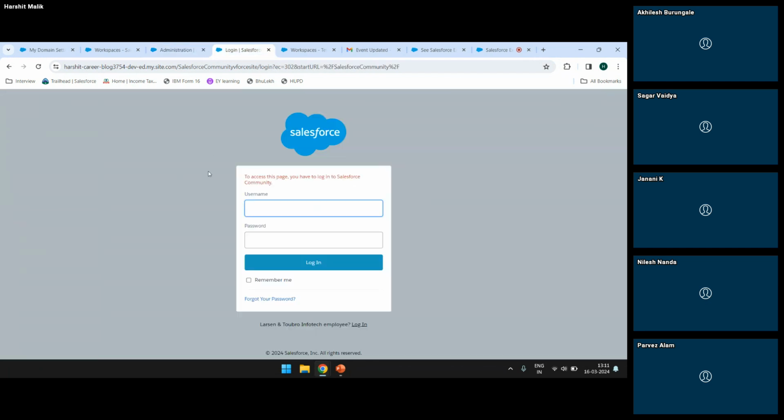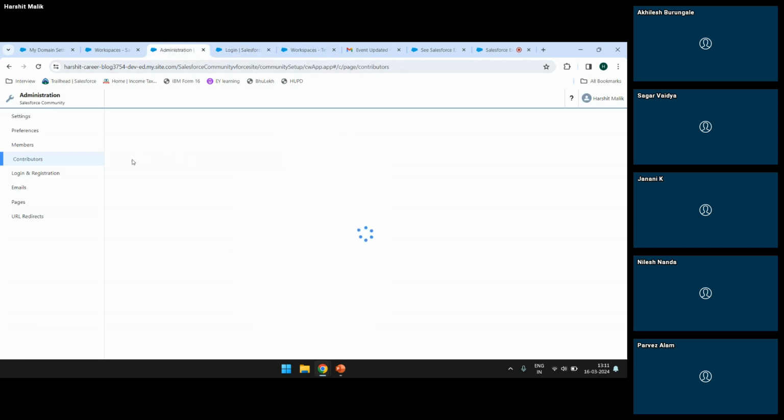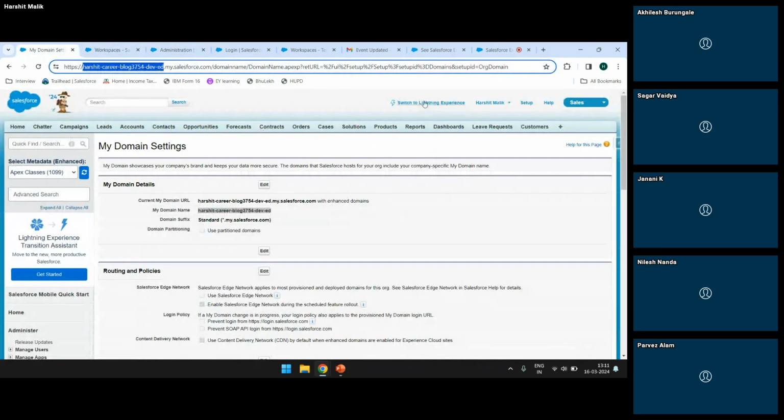So this is how it works. The moment you activate it and log in, you will get it. So for setting up a site, this is how it works. Coming to the CMS part,